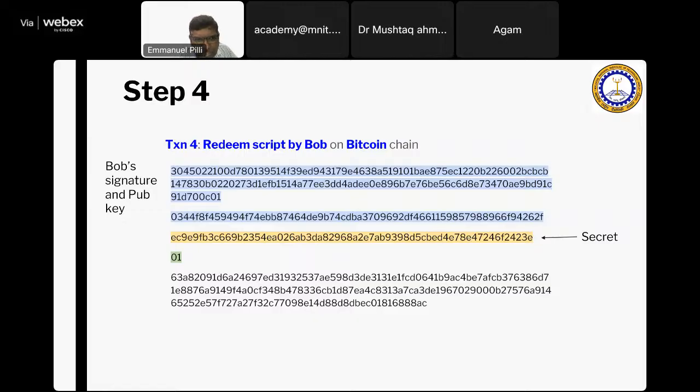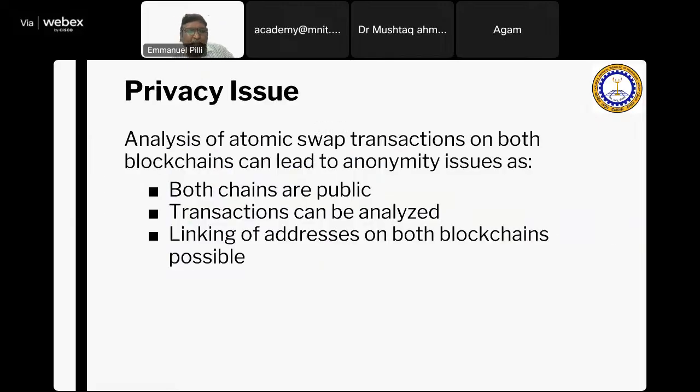So you get the Bitcoin signature and public key. There's a secret which is given, and then you can try to do that. When the analysis is being done on both transactions, somebody is analyzing how these transactions are being made, and suddenly he finds that these two people are making these transactions, and he's trying to guess that these transactions on Ethereum and these transactions on Bitcoin are related because